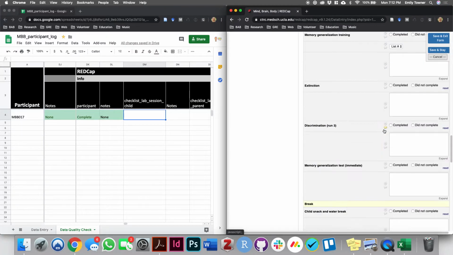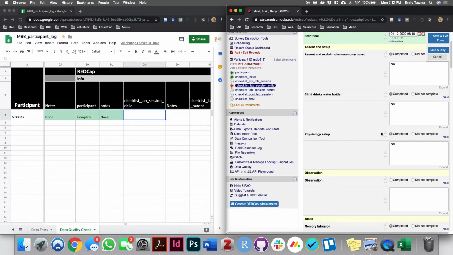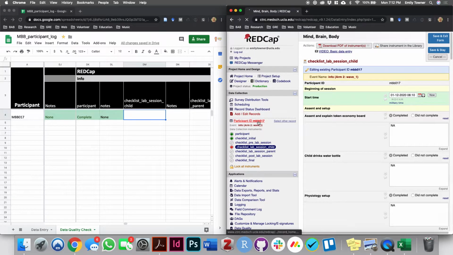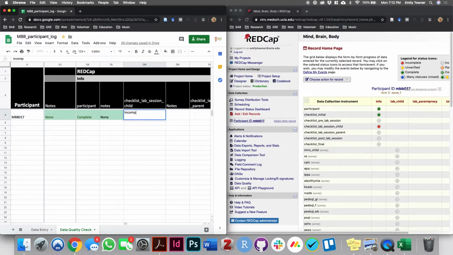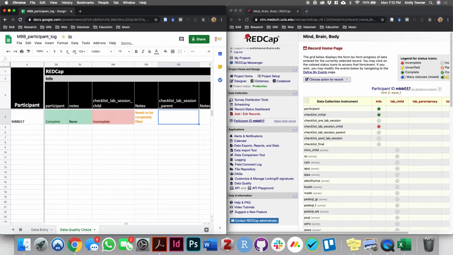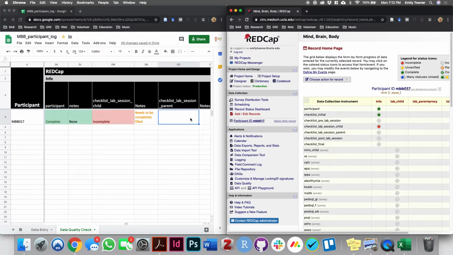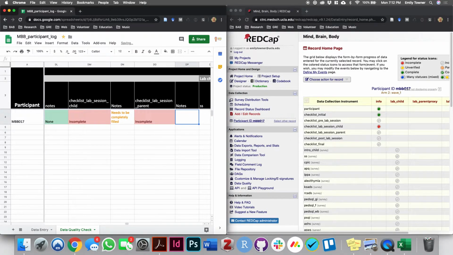And this looks not completely completed, so it looks like someone started to fill it out and then didn't finish, so I'm gonna put incomplete. Then the parent one, I can already see there's nothing there, so I'm gonna put